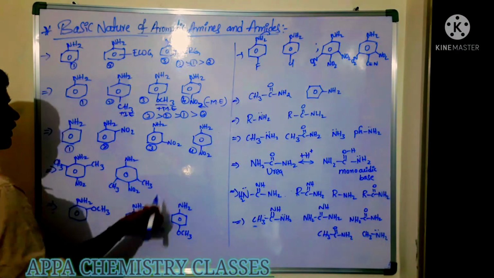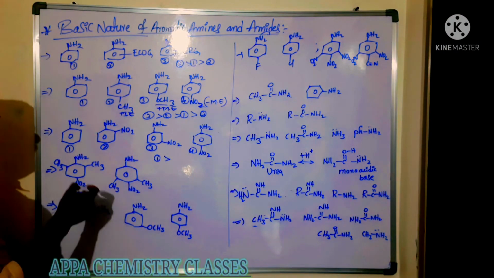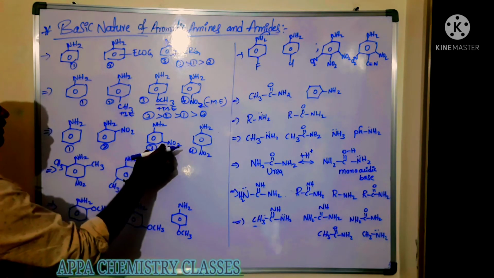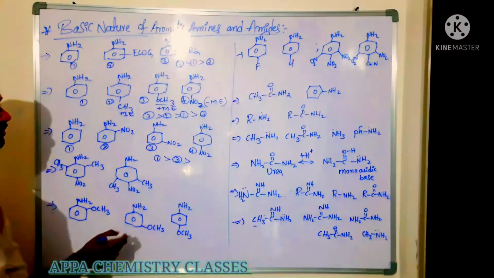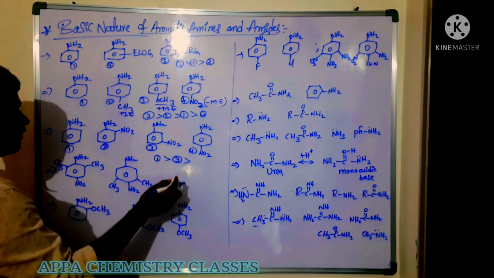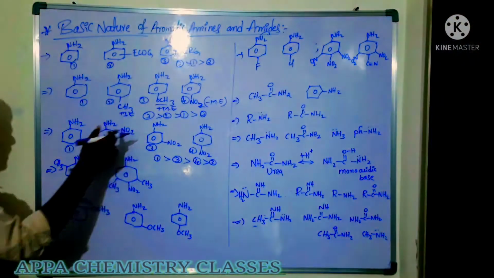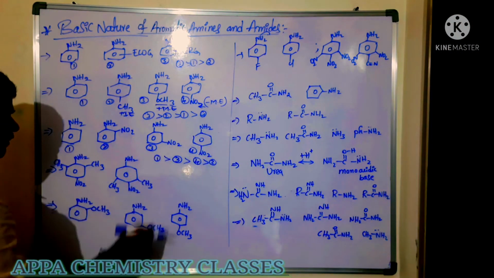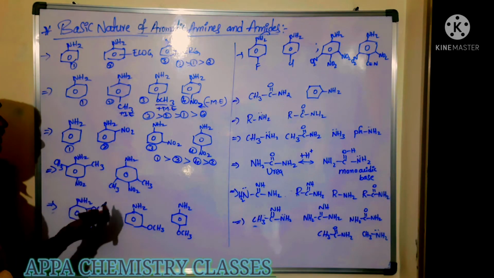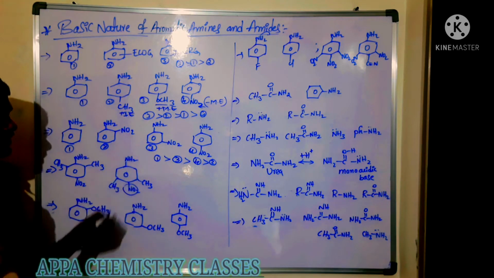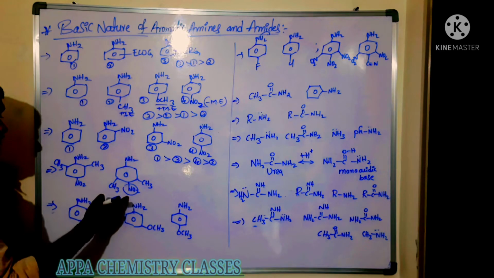And among these 1, 2, 3, 4, here electron withdrawing groups are there. Here there is no electron withdrawing group. So one is more basic. After that, among these, this NO2 group will not have any effect. So 3. After that, this nitro group is somewhat far from the amine. So it is 4. After that, 2. So it is having more effect on the NH2 when compared to this one. Now among these two, which is more basic? Here the NO2 effect is very less on this amine, whereas this NO2 effect is more.